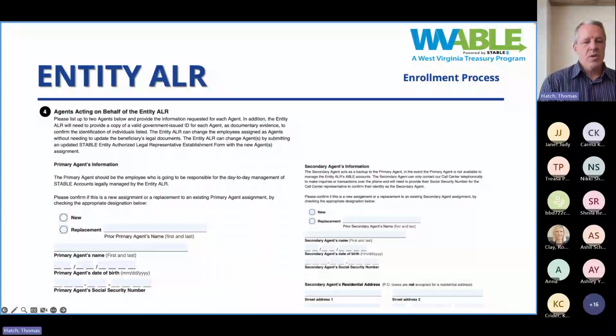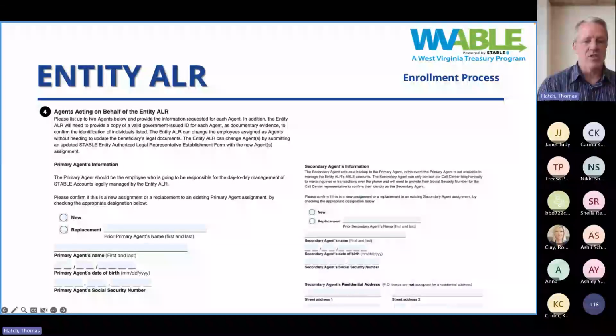Next, we go to the agents, and the agents are the very important piece, as previously mentioned. So you'll fill out information for the primary agent and for the secondary agent. Personal information, again, is asked here for identity verification purposes only. In no way, shape, or form is this information used anywhere else within the account, within the titling of the account, and so forth. Just simply wanting to make sure that these individuals are under that circumstance.